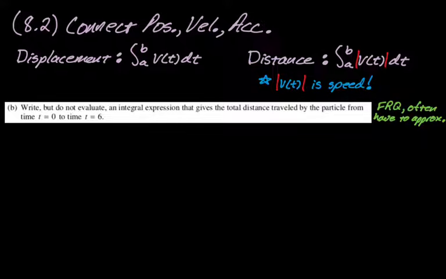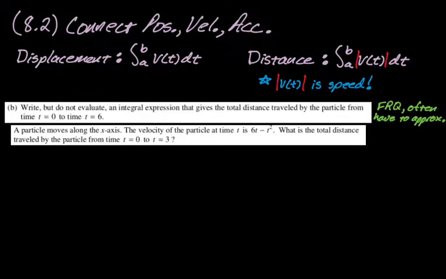And then let's take a look at another question. A particle moves along the x-axis. The velocity is given by 6t minus t squared. What is the total distance traveled? Okay, so when we're dealing with total distance, you have to be careful because total distance involves the absolute value of velocity. So one of the things you want to do is watch out for zeros of the velocity on